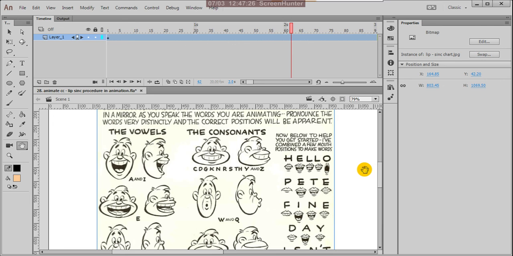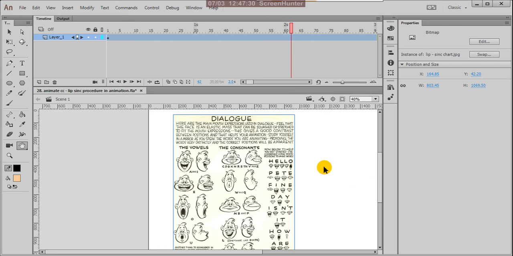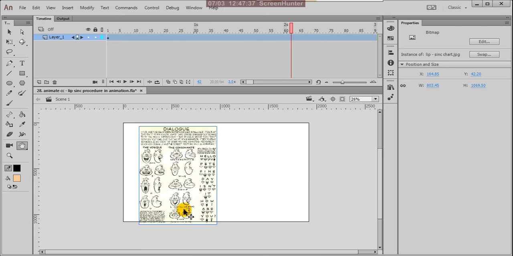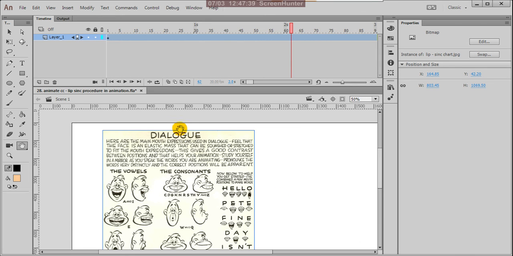This is a simple explanation. There is some theory you must understand before doing anything in practical: how to divide, how to check your mouths, how to match your mouth with the soundtracks.